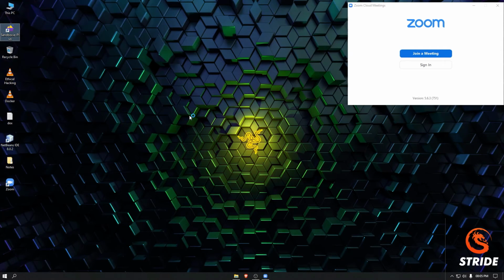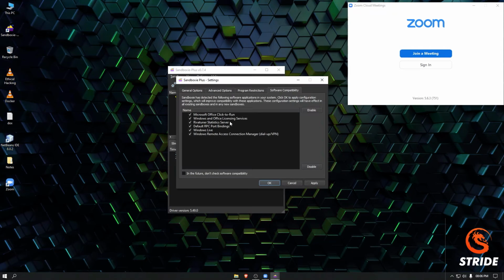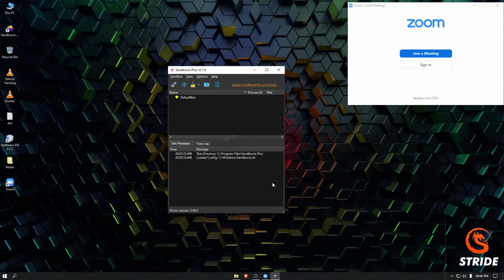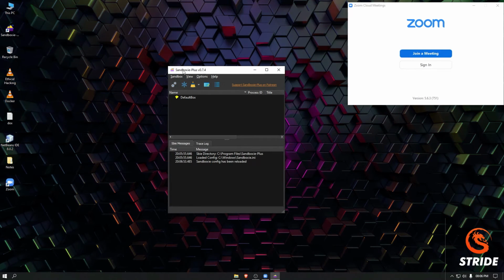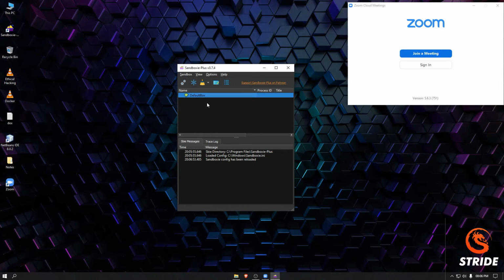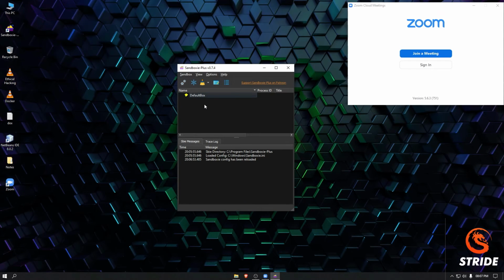Let me open it. As you can see, the software compatibility of these programs has not yet been configured, so we can press OK to configure it. Let me click OK, and you can see this is the Sandboxie control, and you have the default box which has nothing in it, but you can modify it.